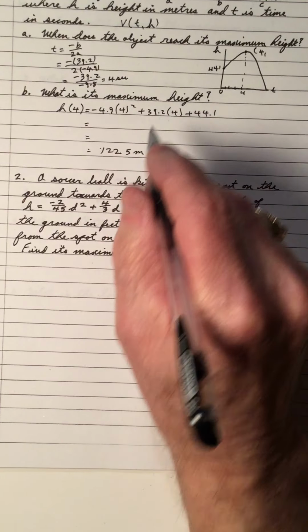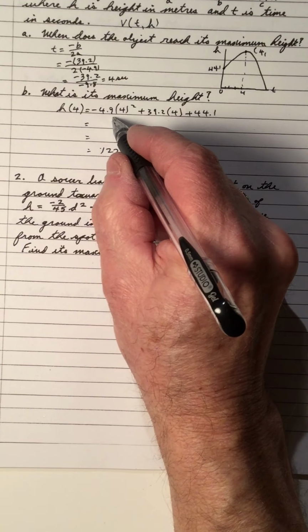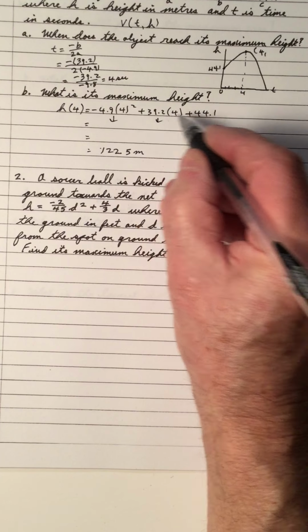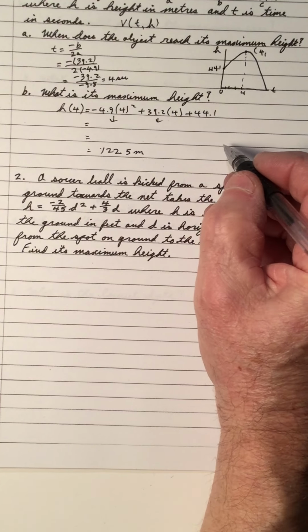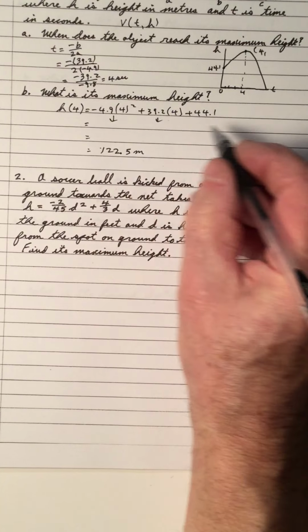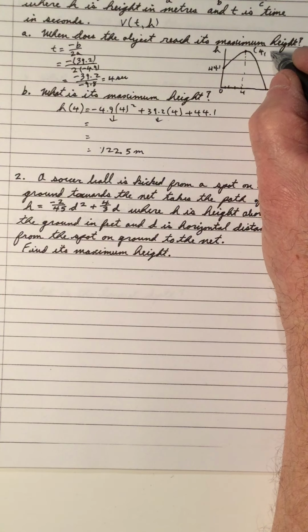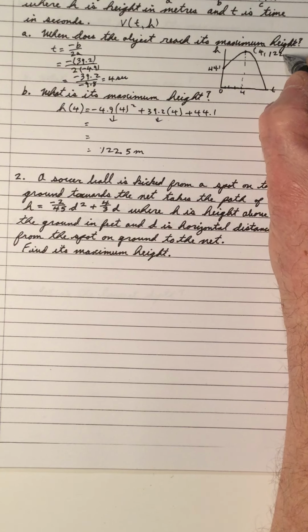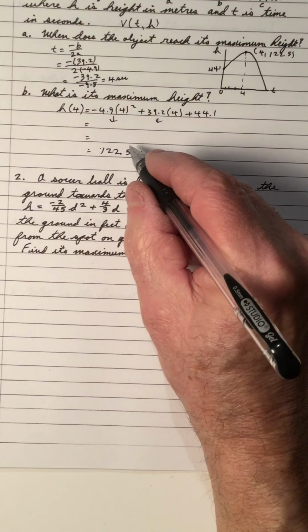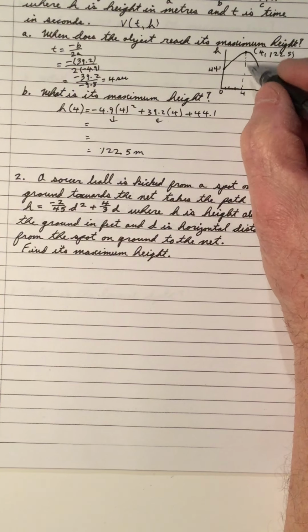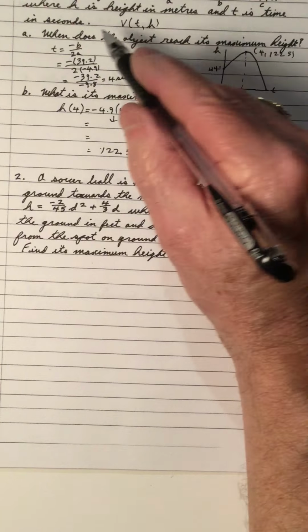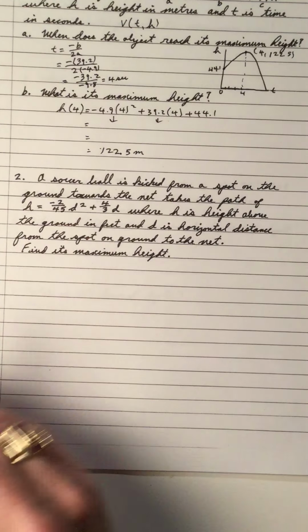So you could work them out individually, work out what this is and what this is, and add them up, and you get 122.5. You can work each of these out with your calculator. So notice that 122.5 is the height at 4 seconds. Okay,